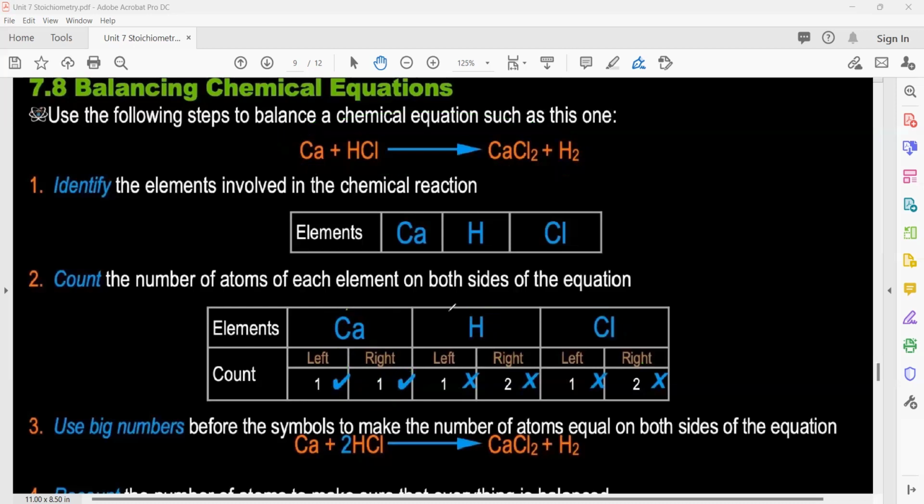Now go for hydrogen. How many hydrogen here on the left side? One. On the right side, how many? Two. It means they are not balanced. Then chlorine, how many here? One. How many here? Two. Also not balanced. Got it? So now you have two elements which are not balanced: hydrogen and chlorine. So how will you balance them? If I put 2 here,